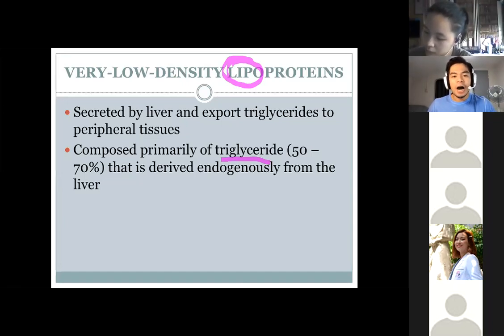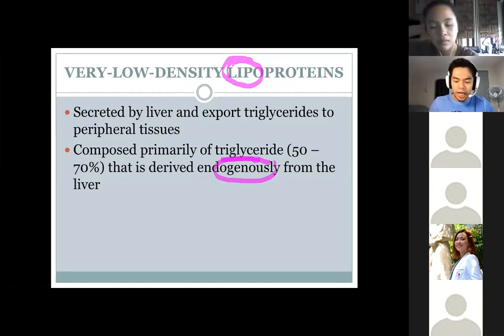And then, for very low density lipoproteins, ito yung konting difference compared doon sa chylomicrons. Number one, endogenous ang VLDL. Unlike ng chylomicrons, what did I tell you? Ang chylomicrons ay exogenous siya. Why exogenous? Because ang chylomicrons ay nag-originate sa small intestine kasi galing nga iyon sa pagkain na kinain natin, yung lipid